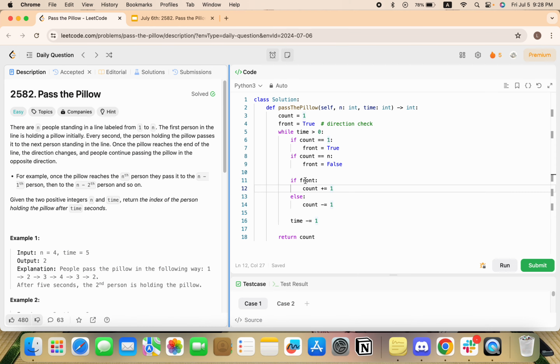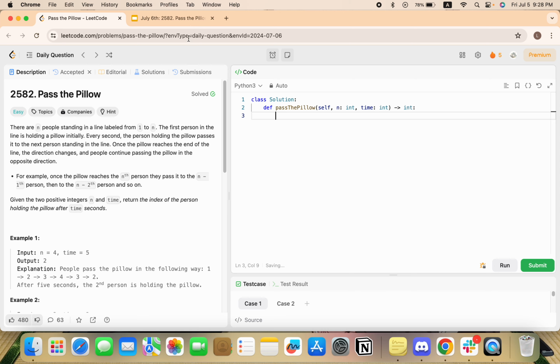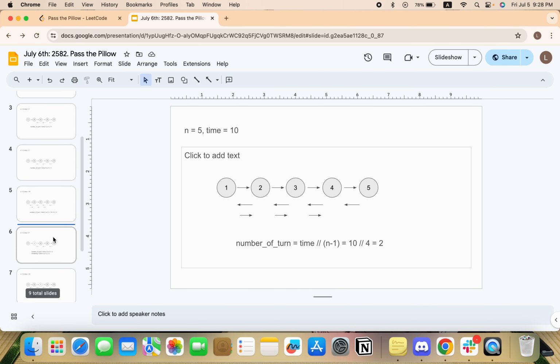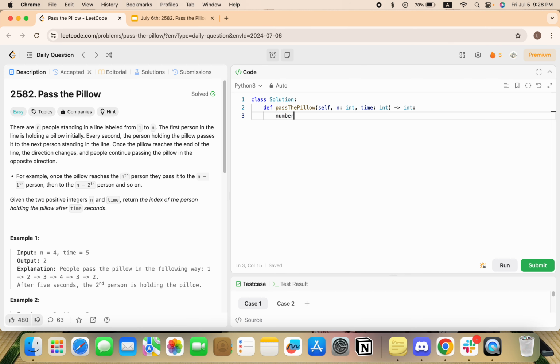Let's dive into the code. In the beginning, we need to find the number of turns, and then we need to find the remainder, and then we return based on the number of turns. So we can say number of turns equals time divided by n minus 1, and then if number of turns mod 2 is equal to 0, and this is even, then we return 1